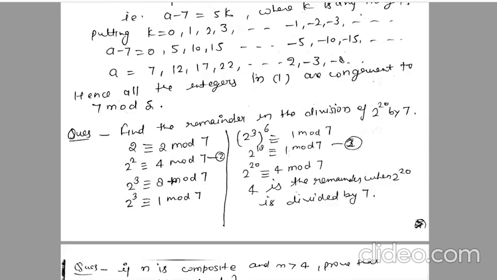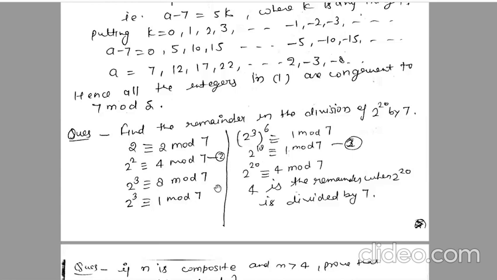So 2 cube is equal to 4 into 2, 8 modulo 7, right? 8 modulo 7, that means 7 divides 8 one time and the remainder is 1 here. So you will write 1 here, right? Understood or not? When you get a larger number in the position of the dividend, you will divide by the given positive number. So 7 divides 8, then you will get 1 as a remainder, right?